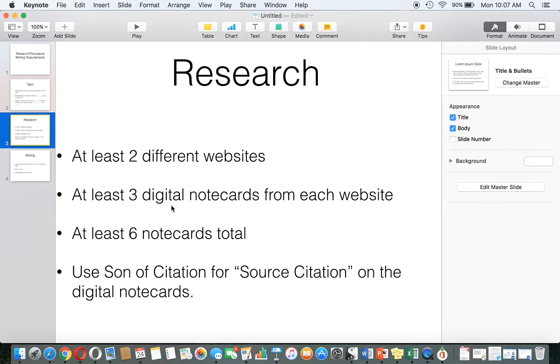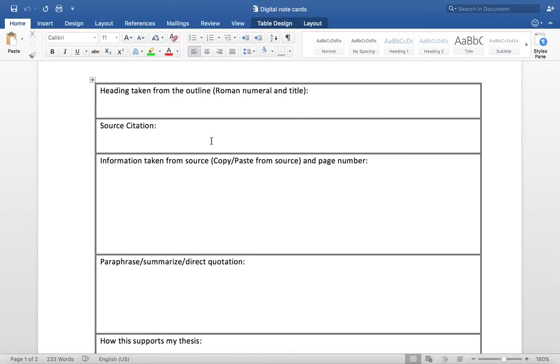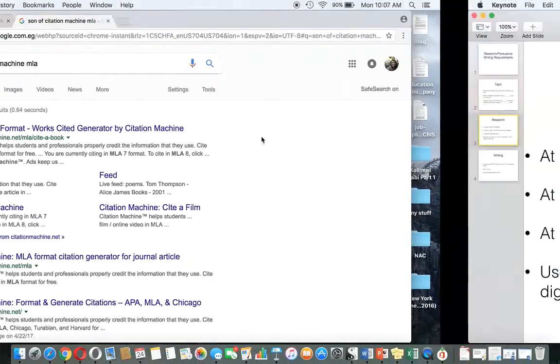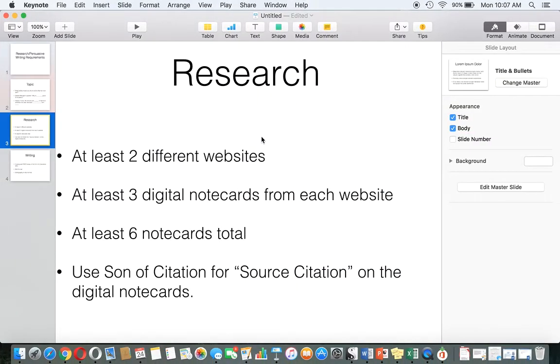And you will have 3 digital note cards from each website. You will use Son of Citation, this is a website, for the source citation on the digital note cards. The source citation goes here, and I will show you how we will do that. Just as we did in class, practicing with why we should have naps at NARMR, I'm going to show you how to do this again so you can watch this at home while you do your research. So, our question